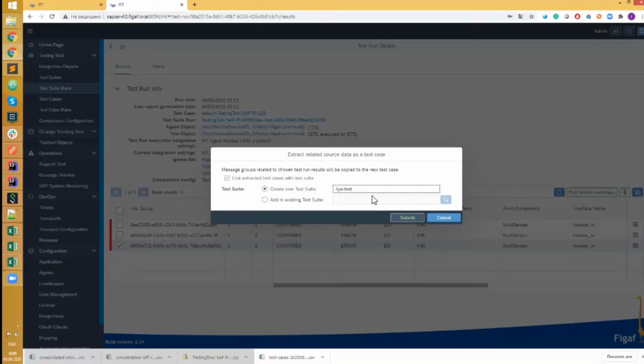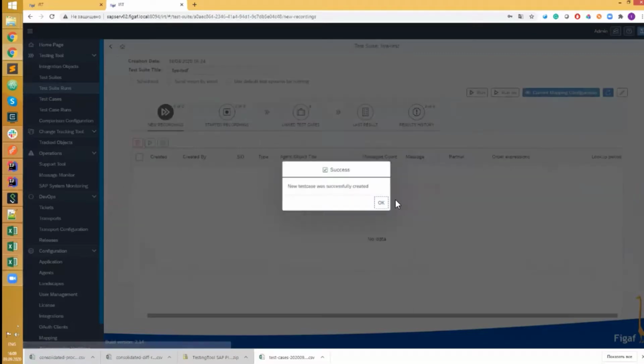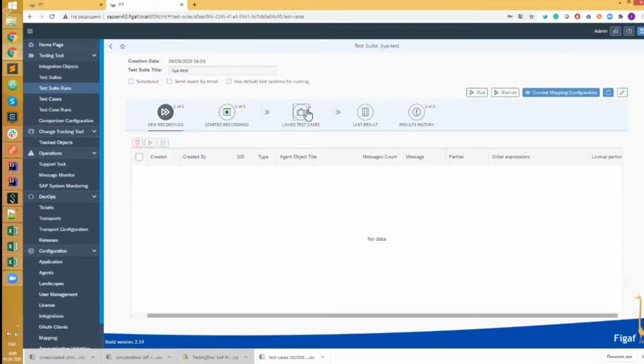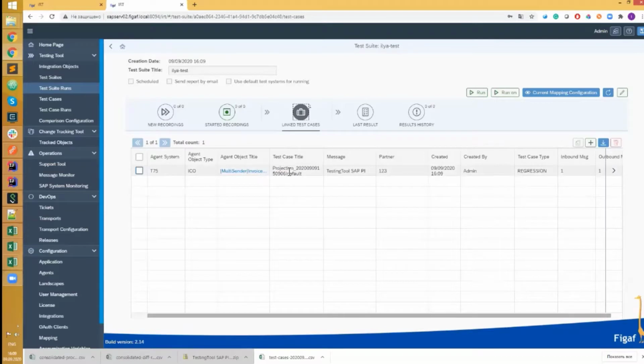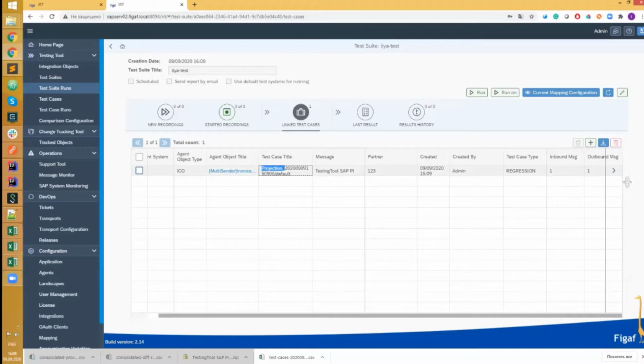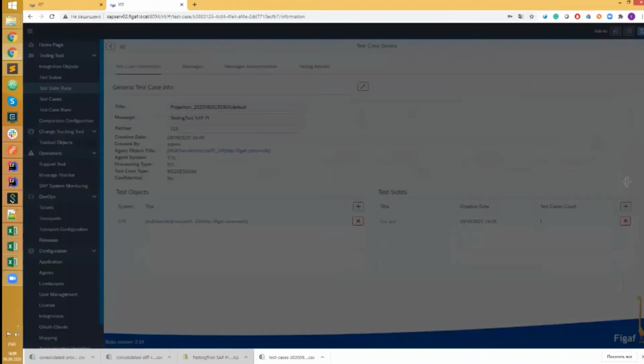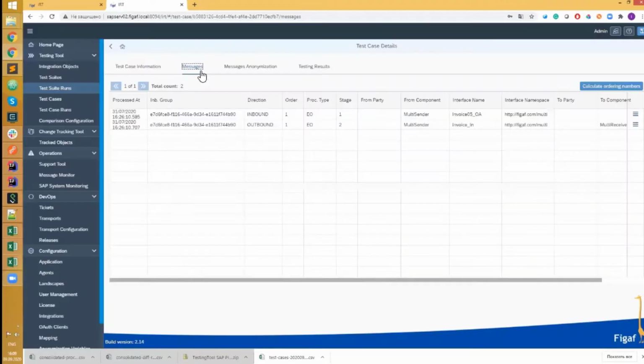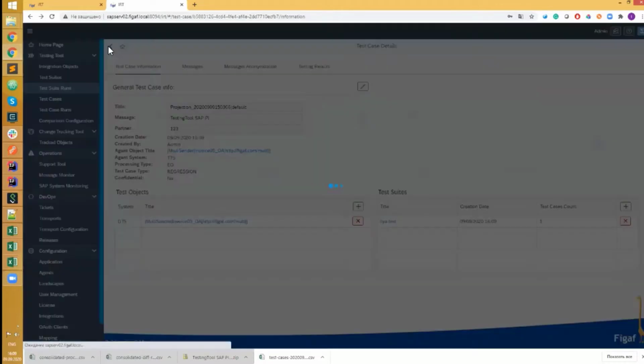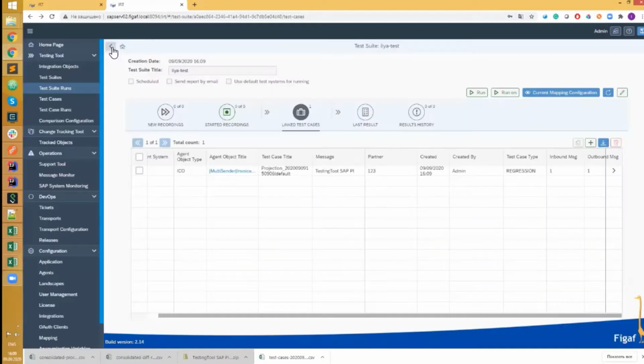Let's create the new test suite. So here it's created the new test suite with the test case, which has the same title, message, and partner, but with the projection prefix and a timestamp. And you see that it used only one. It added only one selected message. And then we can run this, and we can see if it gives the same kind of result, and